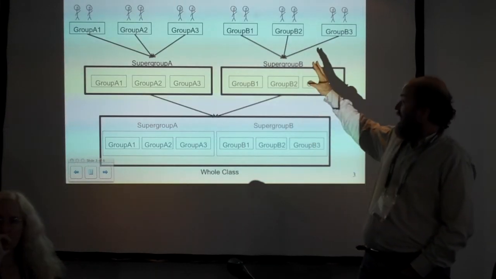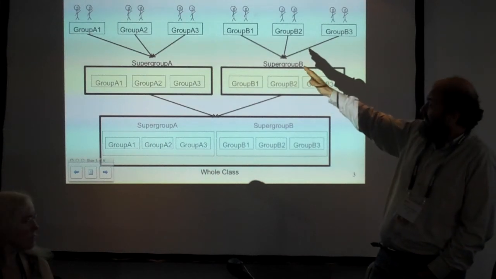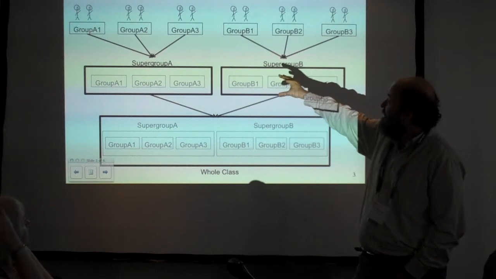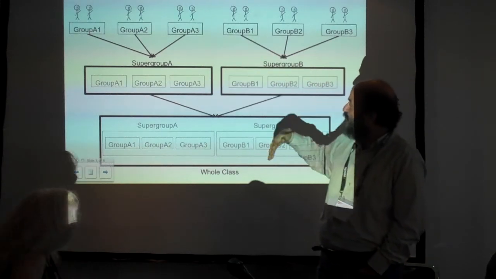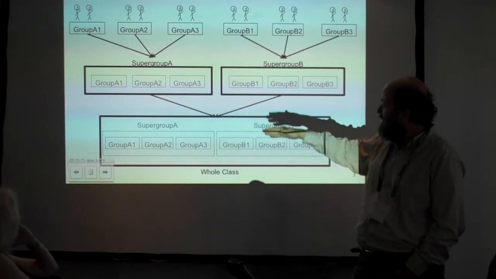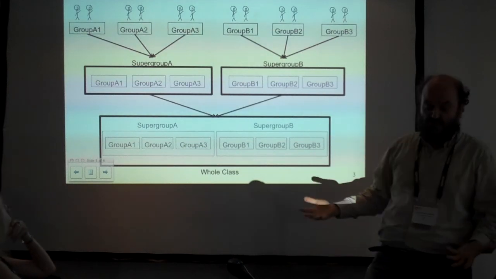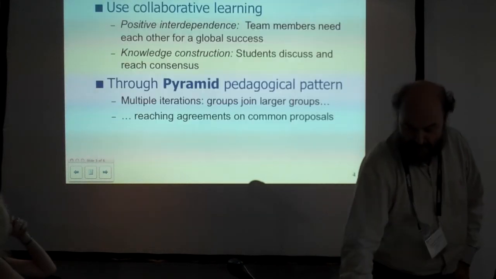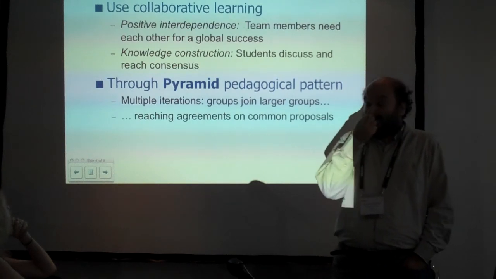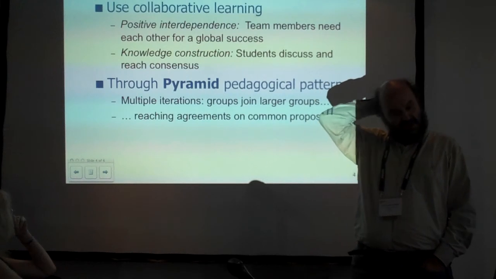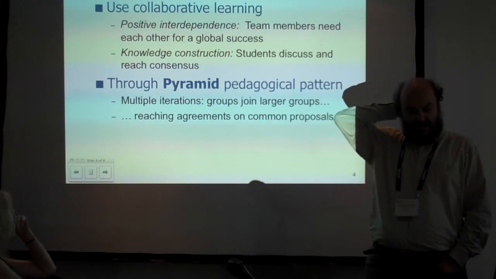This is an example of participants. In this case, initially we have pairs that join in supergroups, two supergroups, and then one whole class that is composed of these two supergroups. Okay. Well, if we go back to the more pedagogical ideas,